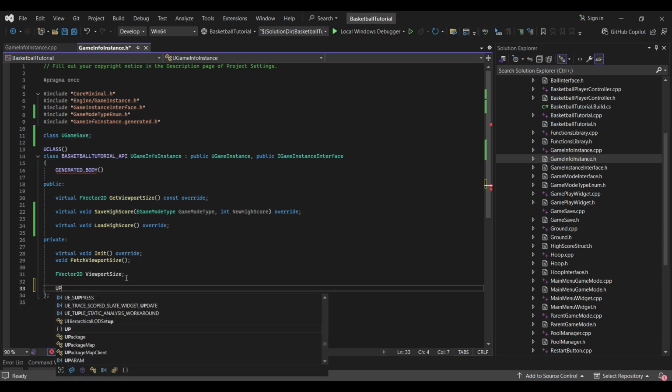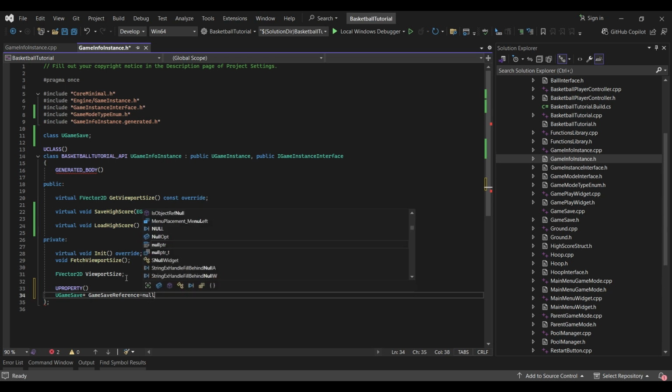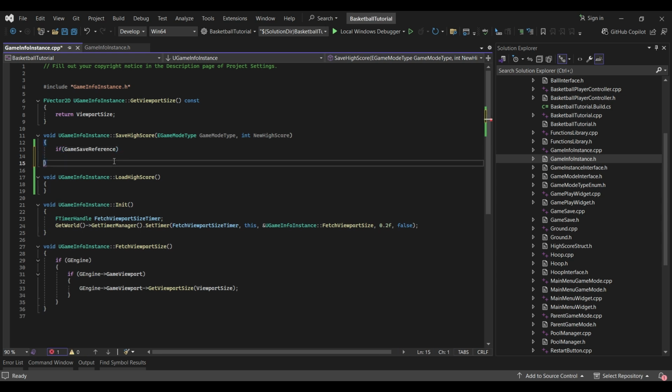So UPROPERTY, game save reference equal null. So if we have it,